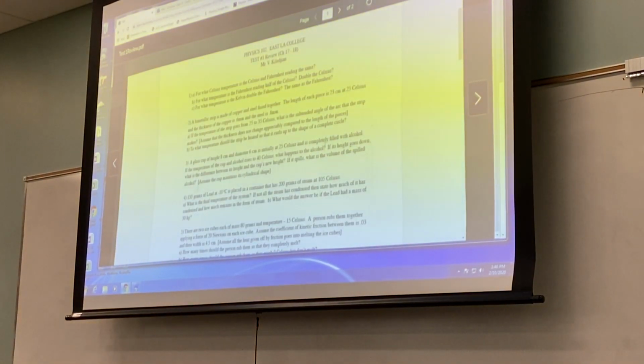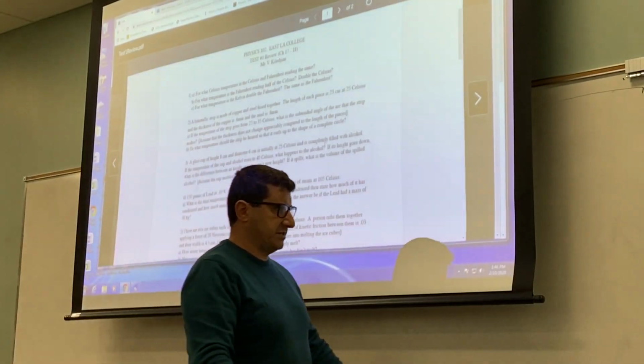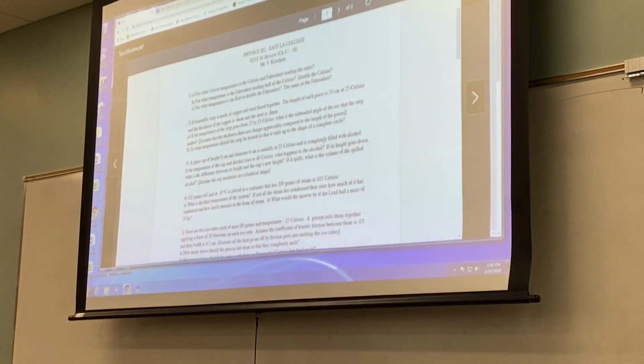So something like this one, number 2. A bimetallic strip is made of copper and steel fused together. The length of each piece is 23 at 25 Celsius, and the thickness of the copper is 0.66 and the steel 0.88. If the temperature of the strip goes from 25 to 35, what is the subtended angle of the arc that the strip makes? So,